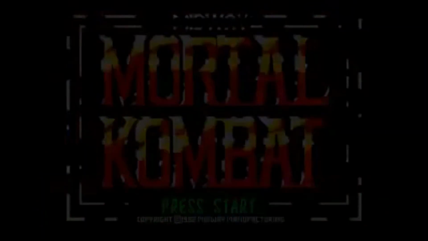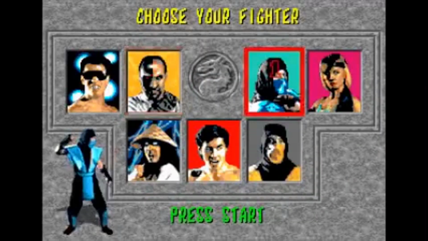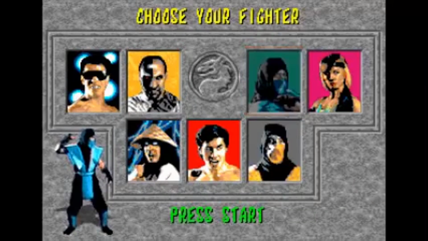On the Code of Honor screen, simply enter the button combo ABACABB. If you have done this correctly, then the text will turn yellow and you will hear Scorpion say his